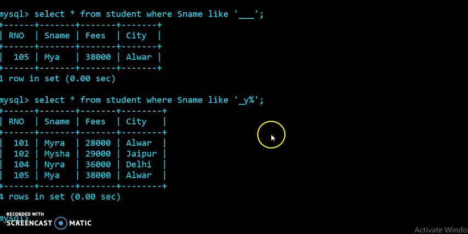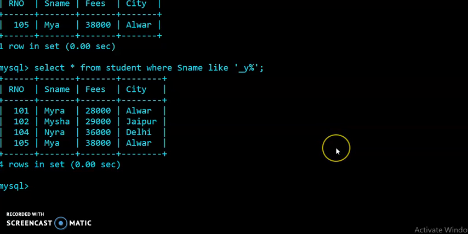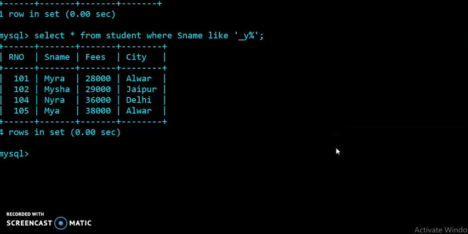Okay, so in this manner students, you can access the records by using the pattern matching commands. Now I am telling you one more command, so you can see here students. Now I am removing the percentage symbol from here, and I want to access the records whose name contains 2 characters. Here the second character should be Y, but the first character can be any character.